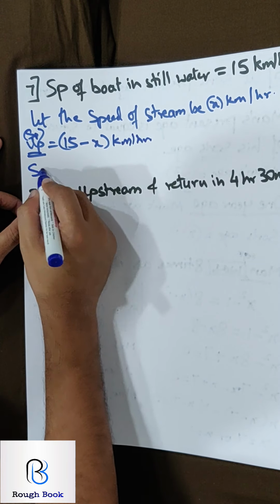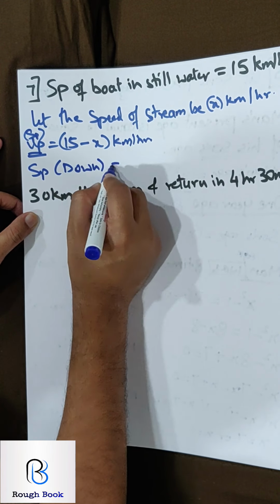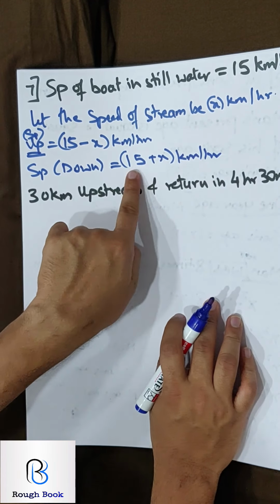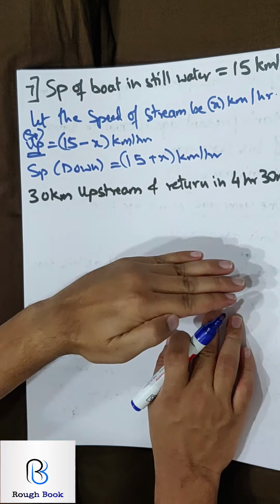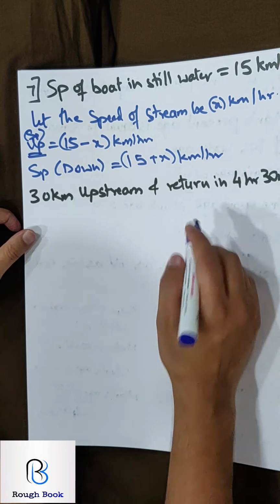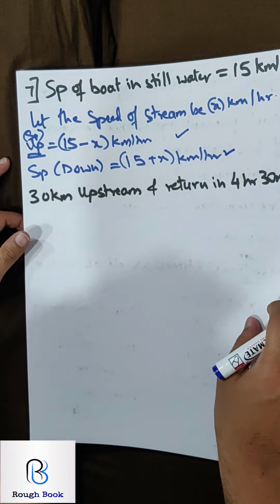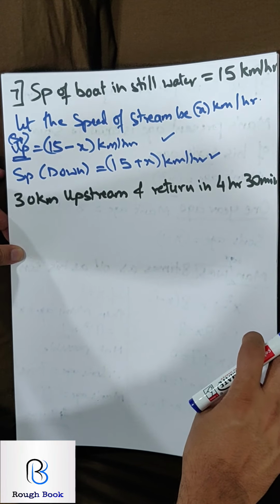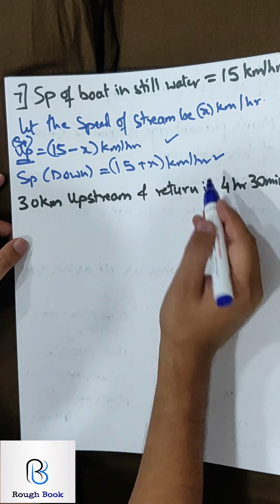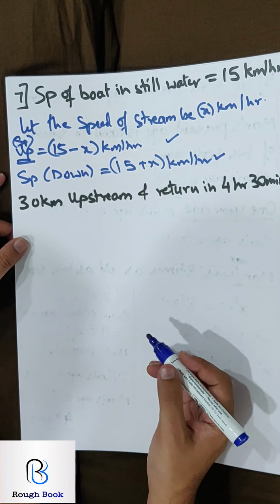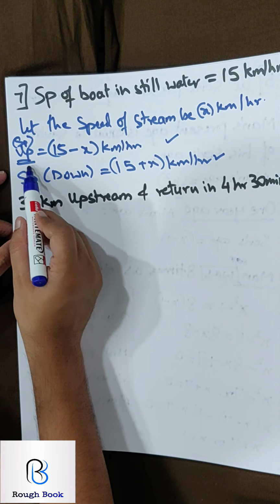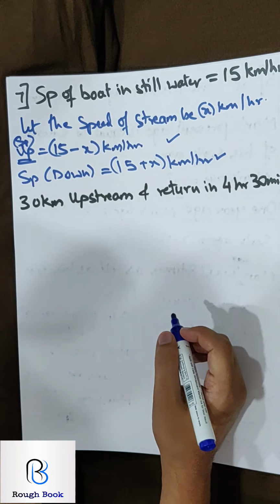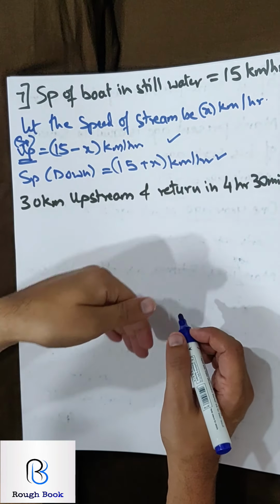And what will be the speed for coming down? So that will be this plus this, because it is the speed of the boat plus the speed of the stream. So the speed is going to be faster. Did you understand this concept? That is most important. If you not followed this concept, you will mess up the entire sum. So please ask me if you not followed this. How will you ask? Obviously rewind and look at it. Common sense. So while going up, it's going to be speed of the boat minus the speed of the stream. While coming down, it's the speed of the boat as well as the speed of the stream.